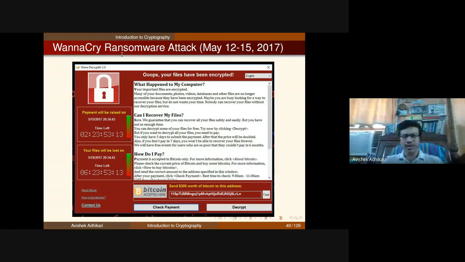Suppose in a certain morning my machine has been attacked by this WannaCry ransomware attack, then when I switch on my laptop, this message will come on the screen. It says that don't worry, all the information on your machine is intact, just pay this amount of money through Bitcoin, then I will give you the key to open your laptop. That means all the information on my machine has been encrypted using some key. So unless you pay that amount of money